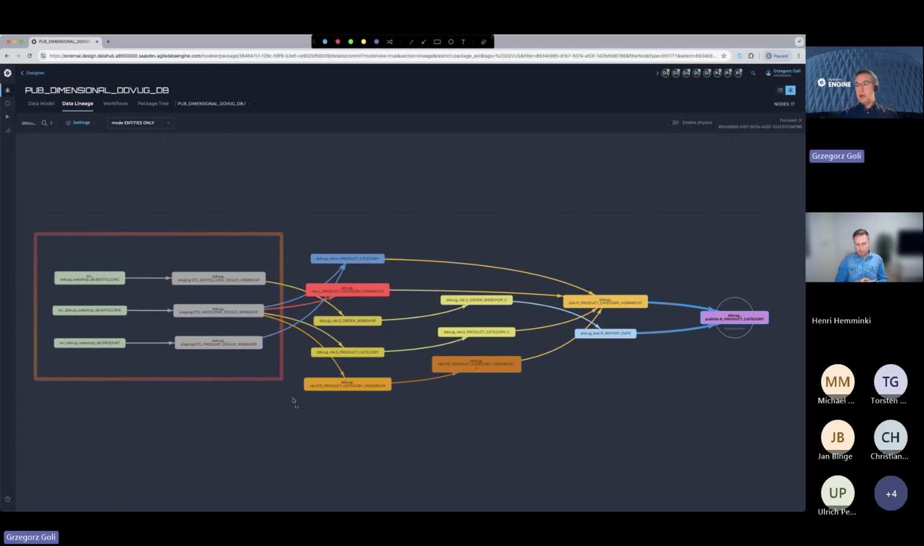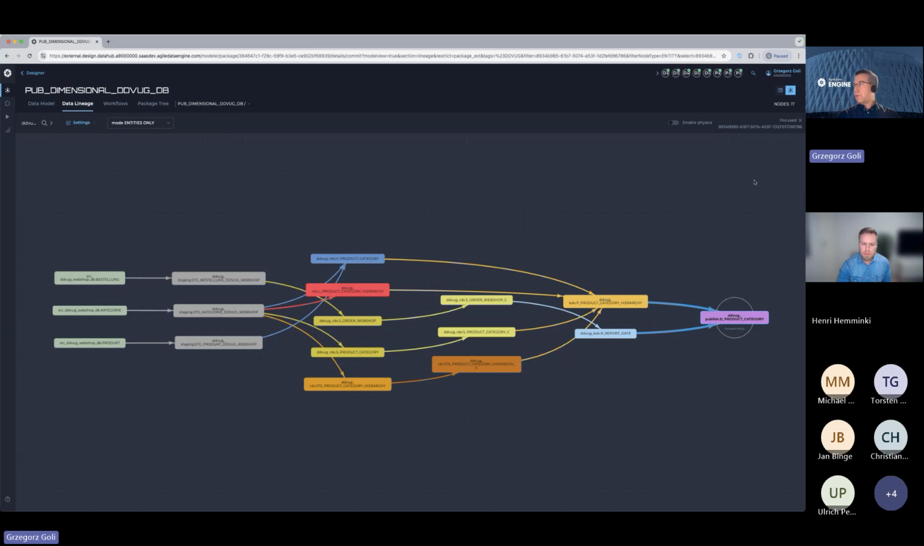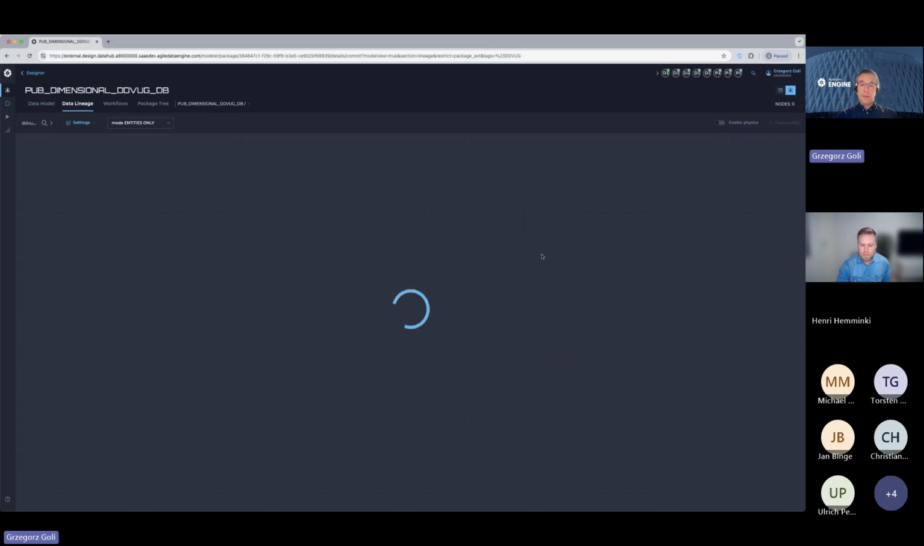So here we can see the staging objects. This is the raw data vault. This is the business data vault, and the publishing layer object at the end. From this view,